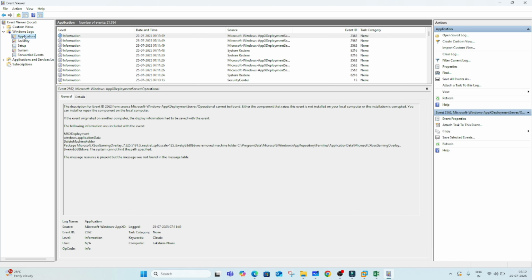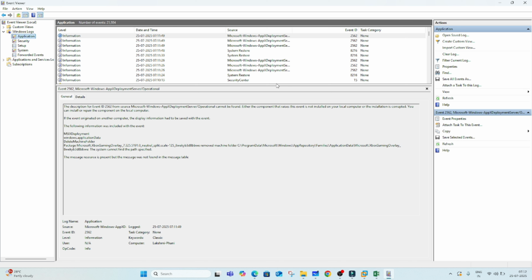First we'll see Application logs. These logs are created by apps and Windows components, for example if any app crashes, .NET errors, or software installations. Common events are 1000 for an application error, 1026 for a .NET runtime error, and 11707 for a successful installation.